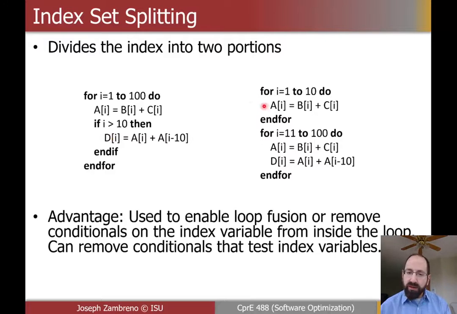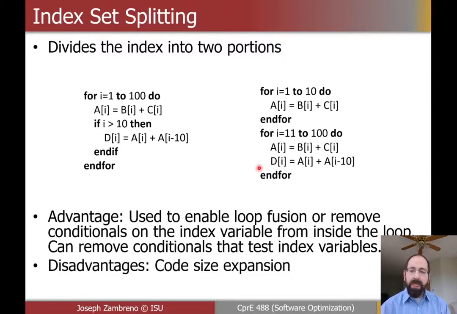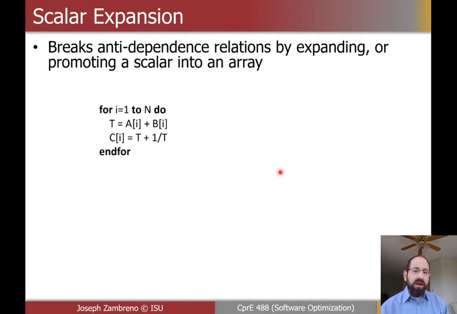Whereas for this one, although the examples will be fairly limited in what we could find inside this illustrative example, we have 2 separate loops, each of which are very straightforward, that allows us to apply other local optimizations that are inside here. Like with these other examples, we did go from a single loop with a little bit of complexity to 2 completely separate loops. As we continue to do things like index set splitting and index peeling, we will potentially increase the size of our code. Another example is scalar